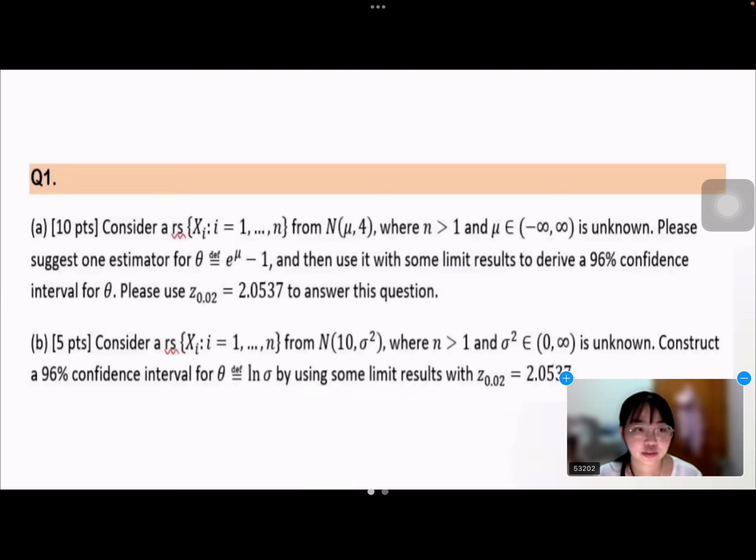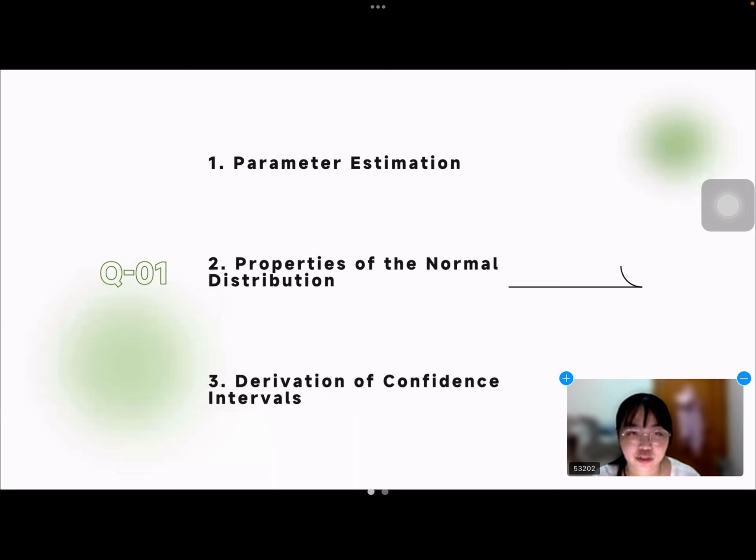This question is about the confidence interval. We need to know how to get and construct the confidence interval when we have some unknown parameters. Part A is about the unknown parameter mu, and part B is about the unknown parameter delta square. In this question, we need to know the parameter estimation, properties of the normal distribution, and how to derive